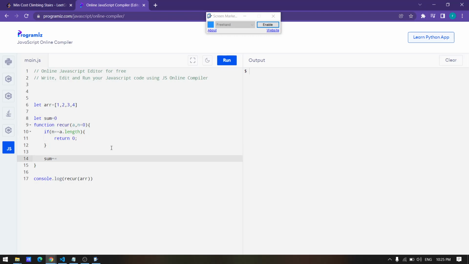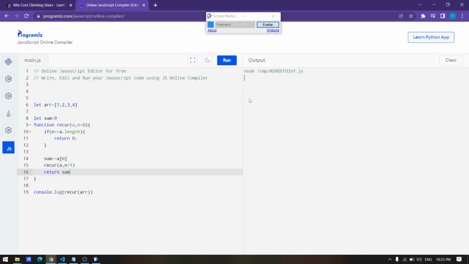I will add the array value a[n] and call the recur method, recur, with a comma n plus 1, and if n is less than or equal to a.length I'll do this. And I will simply return sum here.